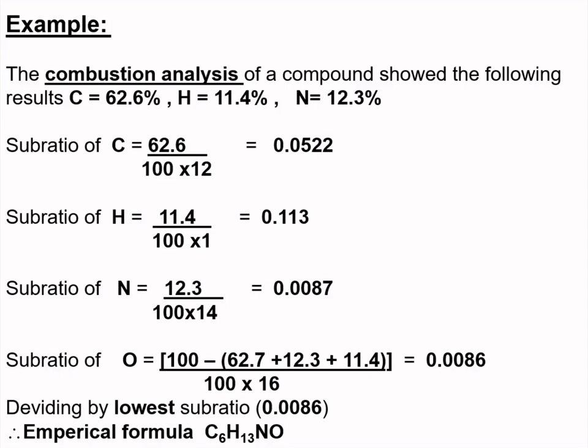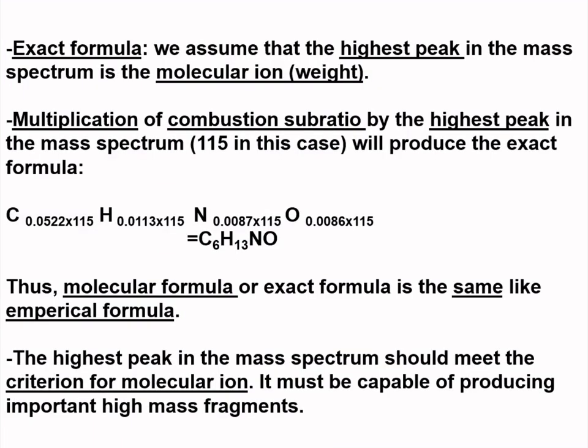For example, combustion analysis of a compound produces the following combustion data: carbon 62.6, hydrogen 11.4, and nitrogen 12.3. Sub-ratio can be calculated, as we said before, for carbon, hydrogen, nitrogen, and oxygen. Dividing by the lowest sub-ratio, we can obtain the empirical formula. The exact formula can be obtained if you know the molecular weight, which can be derived from